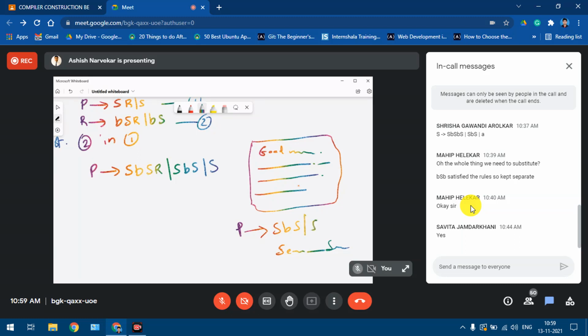Now coming to the other part which we have written, P gives S B S R. We have noticed that this S R, which we tried to get rid of from here, is again appearing over here. In such cases we need to consider the concept behind this grammar, which is that we can have a sentence followed by recursive sentences.